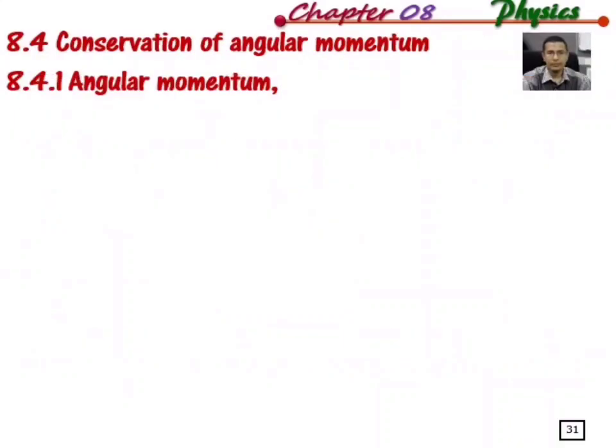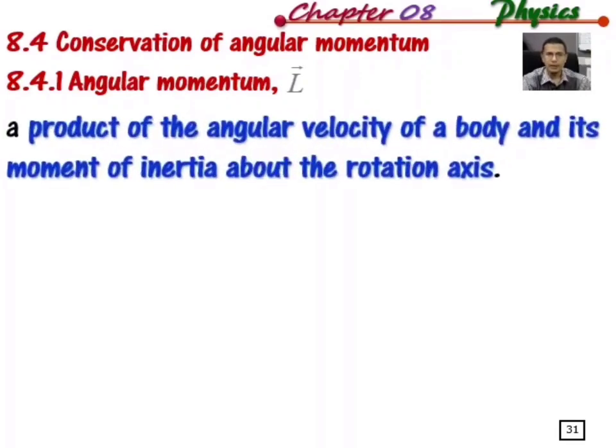All right. So the symbol is L. If you can see, there is an arrowhead on top of the L here. So it means this angular momentum is a vector quantity, such as linear momentum. The only difference is the symbol. For linear momentum, the symbol is P, but for angular momentum it is capital L. So this is the meaning of angular momentum.